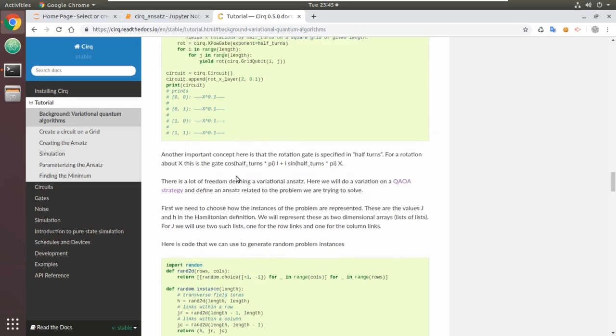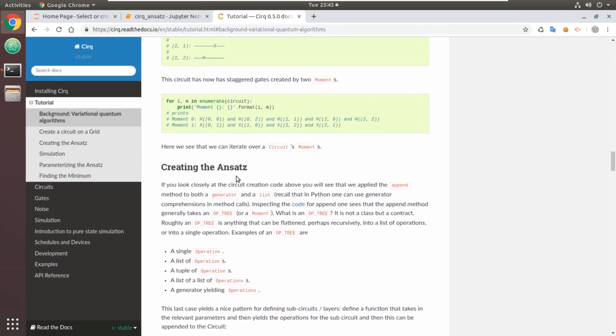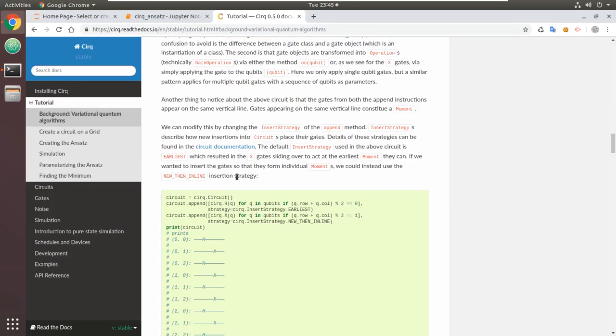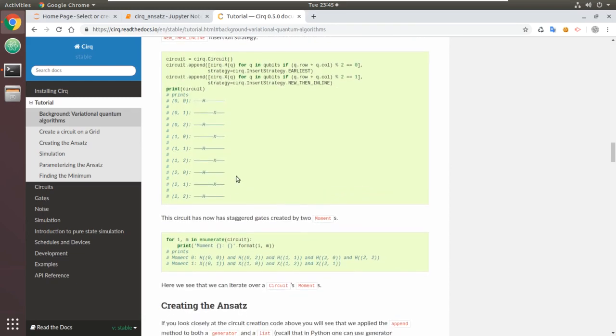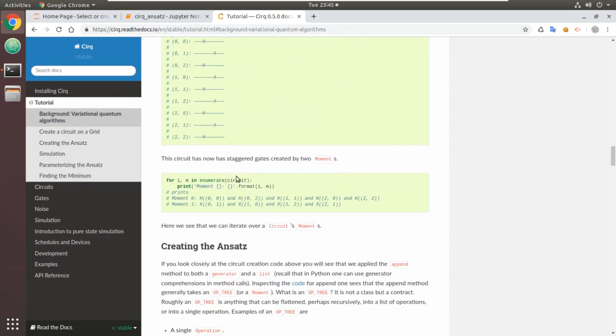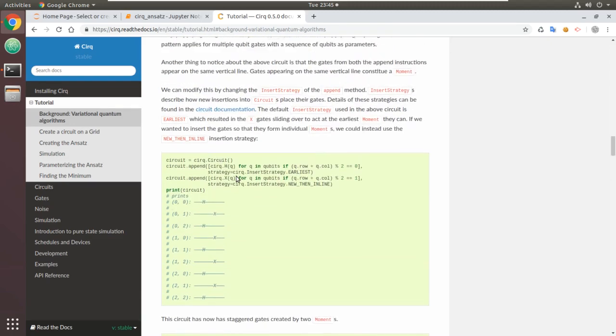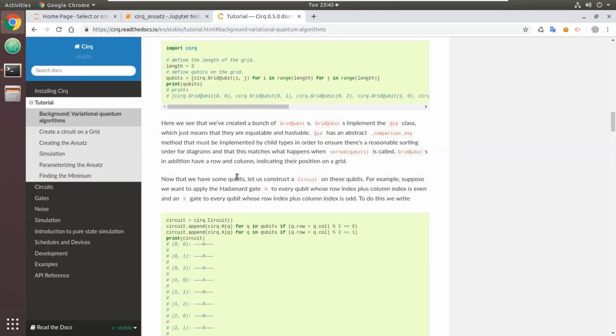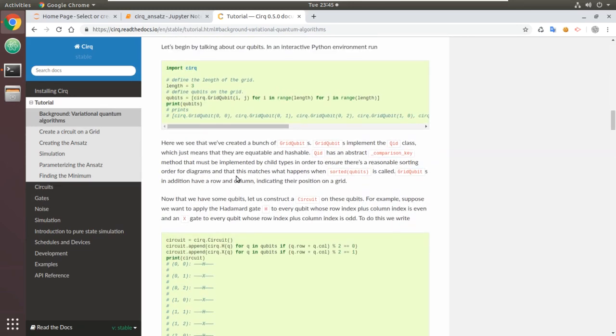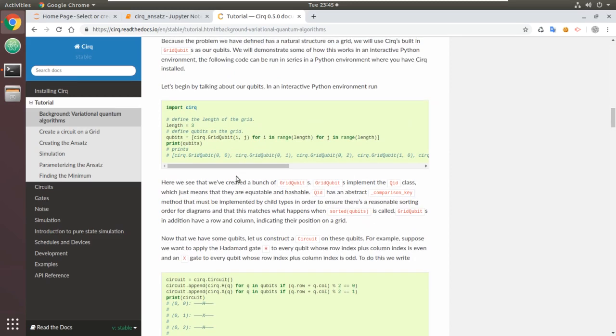So let me just quickly read through this, creating the ansatz. This is like the basics of Cirq in here. I might want to recap that as well. The grid qubits. It's like, does it have to be a grid? But I think this has to do